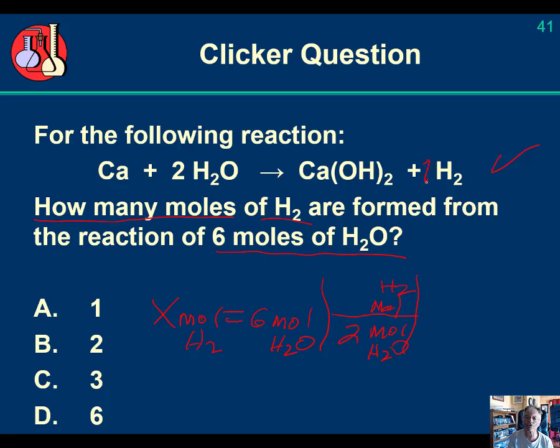For hydrogen, the coefficient is understood to be 1. So this is 6 times 1 divided by 2 moles of water, so that's going to cancel. So that gives us 3 moles of H2 that'll be produced from 6 moles of water and an excess amount